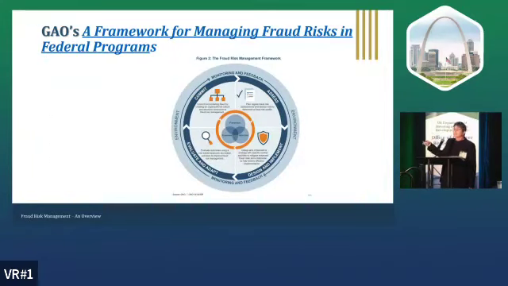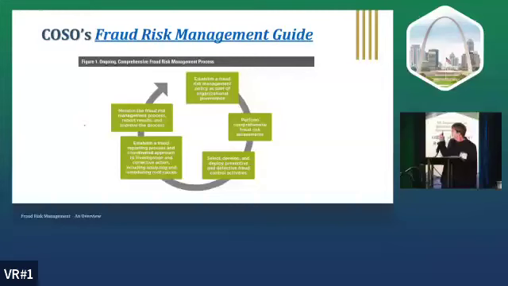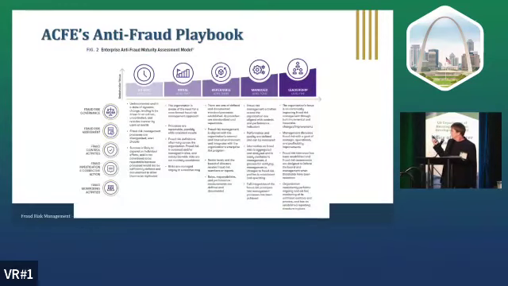If you look at GAO's framework, though, it almost mirrors that really basic control environment I walked you through before. The only difference is they actually talk about assess, design, evaluate, commit. So they work commit as its own segment. COSO's Fraud Risk Management Guide looks very similar to the generic one that I pulled from AICPA. But this is something I would really recommend. It's in the slide. If you want it, let me know.